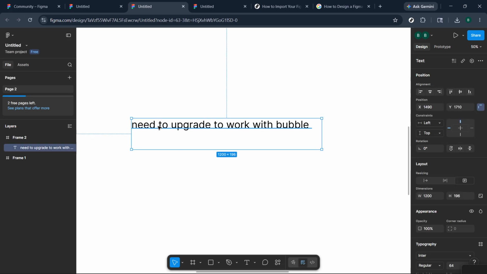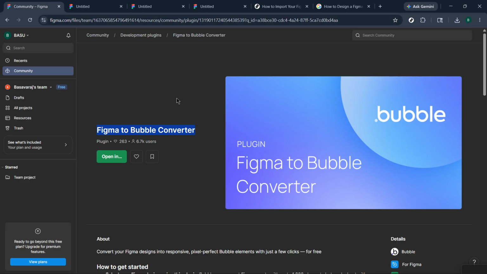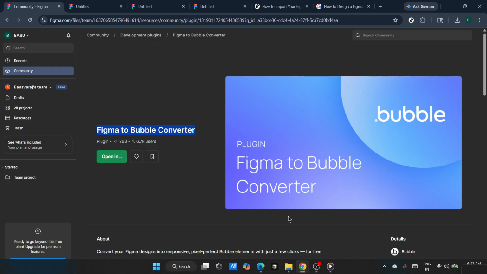This process opens up a wealth of possibilities for app development, allowing you to bring your design visions to life effortlessly. If you found this guide helpful,